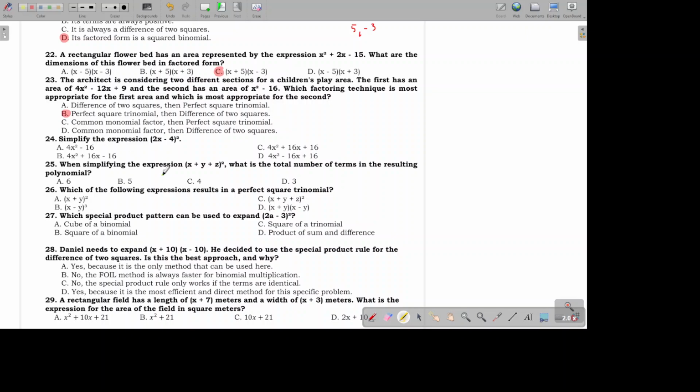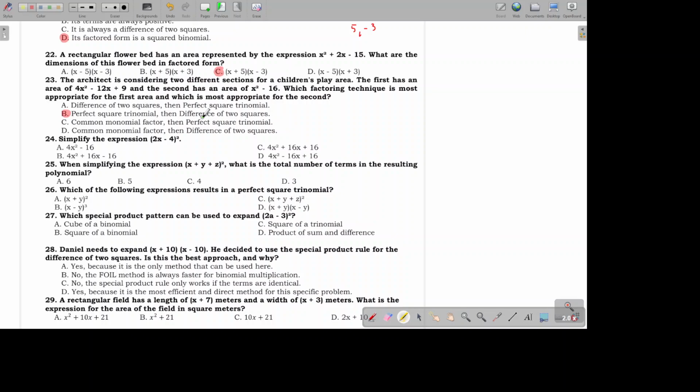Okay, paano mo ba malalaman kung perfect square trinomial? Perfect square ang first term, perfect square ang last term, at ang middle term is twice the product of their square roots. So, ang square nito is 2x, ang square nito ay 3, 2x times 3 is 6x, times 2 is 12x, regardless kung positive or negative, because we can factor that either way. Basta kailangan lang twice the product of their square roots. Okay, next. Ito naman, nasa pangalan na, difference of two squares. Perfect square, tas naka-minus, that's where we got the name difference.